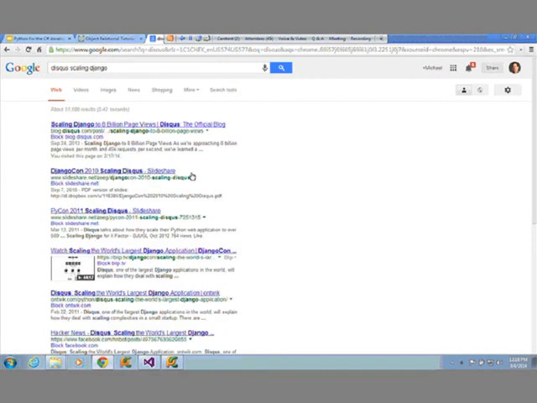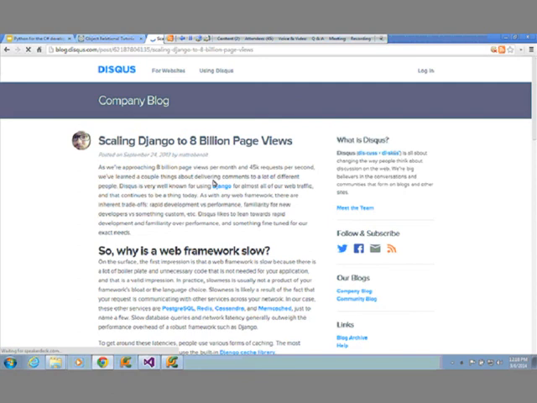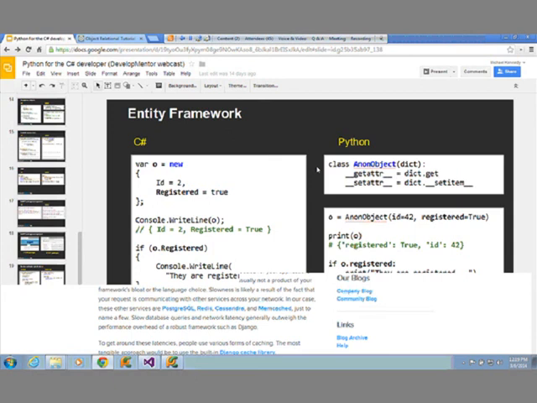So these guys used Django, and they wrote this cool blog post, scaling Django to 8 billion page views per month. They do 45,000 requests per second on Python. So there's often a question like, oh, Michael, isn't this Python stuff slow? It depends what you're doing. Are you doing scientific computation? Maybe it's slow, maybe it's not. Are you waiting on a database and waiting on a network? Then it's plenty fast, right? If you can run 45,000 requests per second, I can tell you I've never written an ASP.NET site that runs with that much traffic. I wish I had the opportunity to, but I just haven't gotten there. So that's pretty amazing.